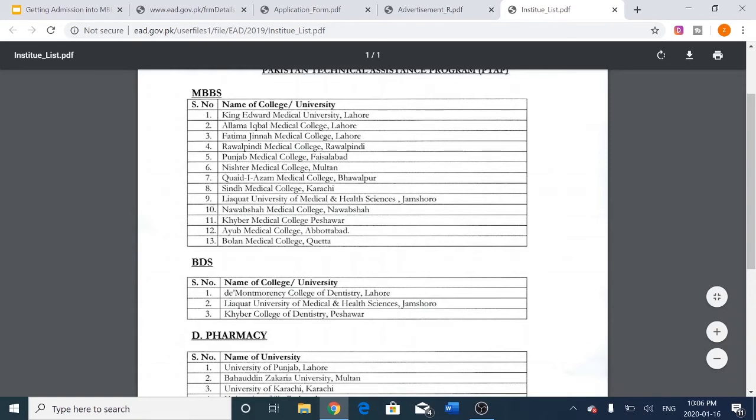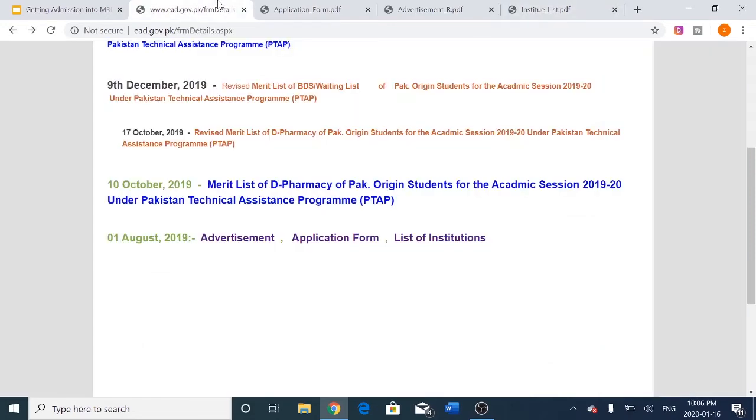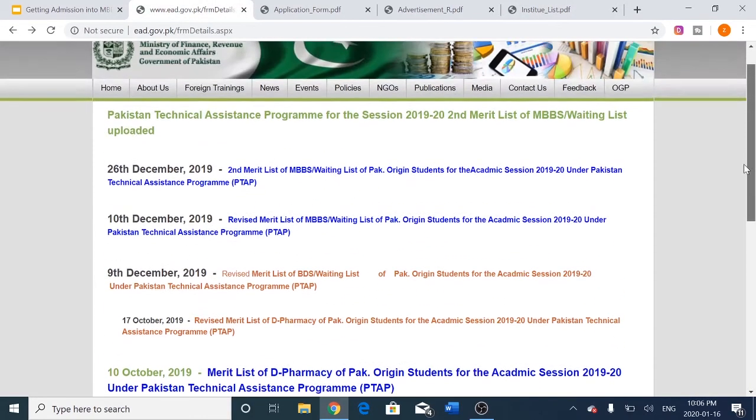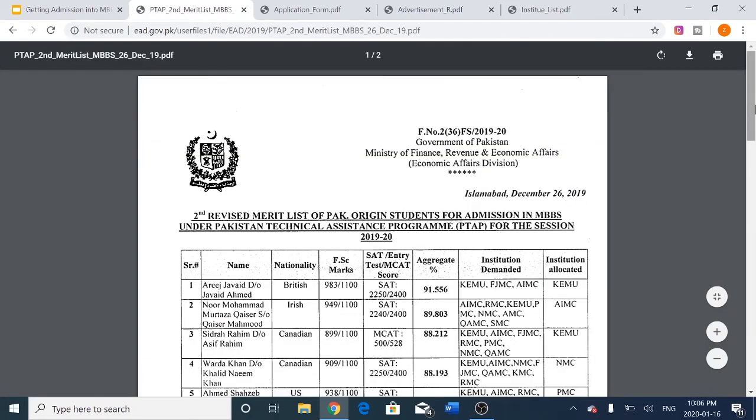You have Sindh Medical College, Khyber Medical College. Some of these are really good colleges, especially KMU. KMU only has like 2 seats, and then the rest of the colleges have more. Sindh has 16 seats for PTAP, so top of the top usually get into KMU. And if I show you the new list, you'll see that top of the top usually get into KMU,